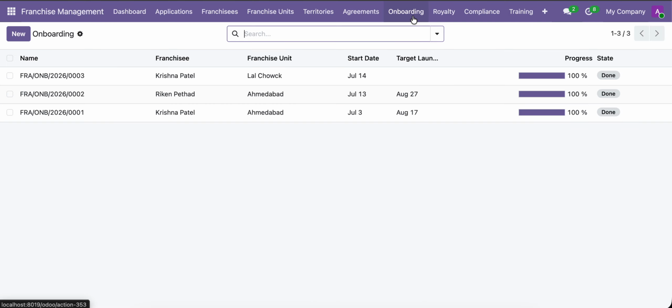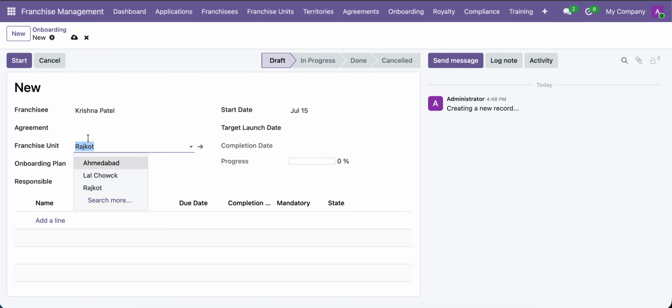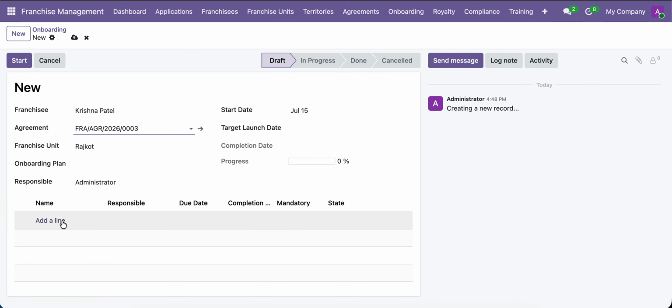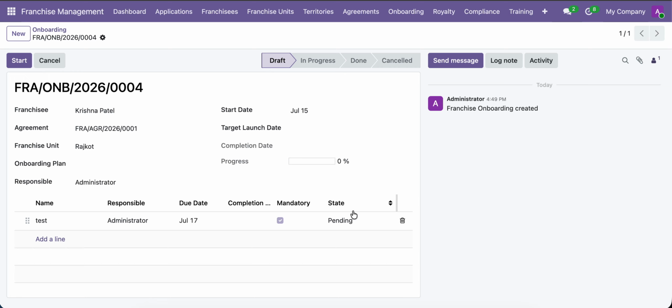For that, go to the onboarding and click onboarding. Select the agreement. Add onboarding detail. Once all the onboarding is done